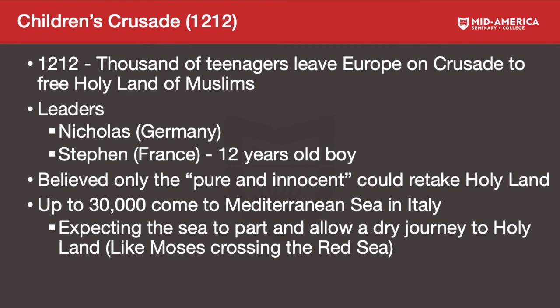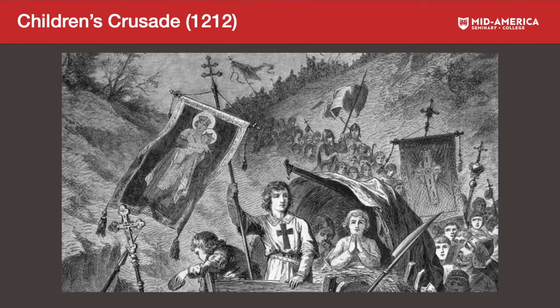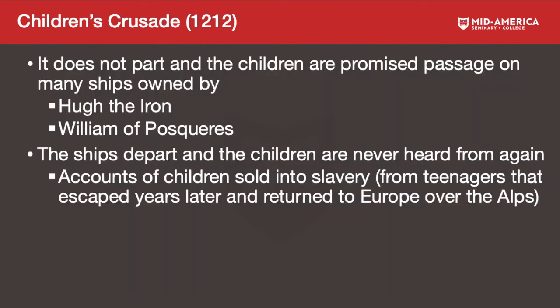And when they got to the Mediterranean Sea, they expected the sea to part and allow them to continue their journey on dry land all the way across the Mediterranean to the Holy Land. And they liken this to the story of Moses crossing the Red Sea on dry land. So here's a picture of the Children's Crusade as they're going along. Well, obviously the Mediterranean Sea did not part,